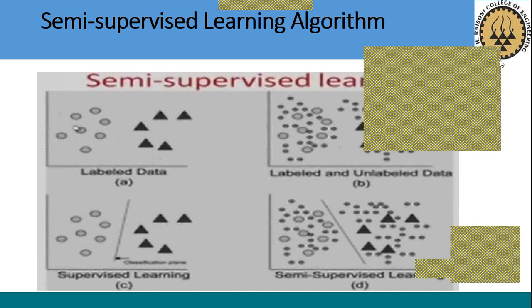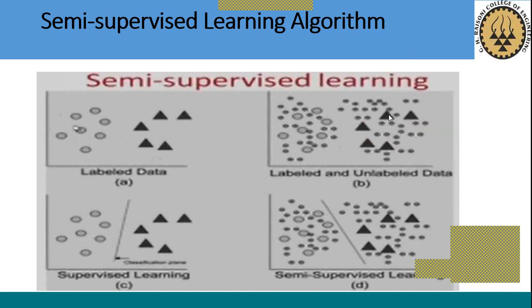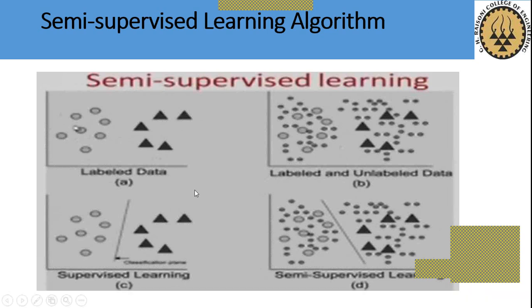Semi-supervised machine learning algorithm. So what is semi-supervised? The semi-supervised is a combination of supervised as well as the unsupervised machine learning algorithm, where we are providing the unstructured data but with a label. In semi-supervised, we are providing the unstructured data set with labeled data. So this is the basic difference of the semi-supervised.